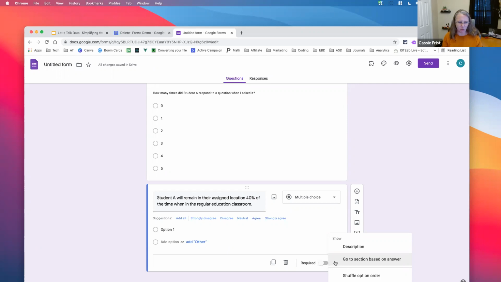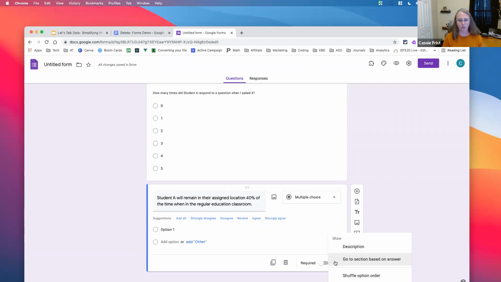This would probably be better worded. This is a really bad example, because as I'm thinking it through, I'm realizing that remaining in their assigned location would be much better reworded so the target is how many times they left their assigned location, and that's harder with a percentage. So be aware this is a very bad example. We're going to go with it, and I'll continue with the 40%